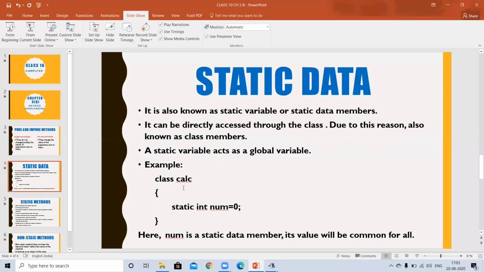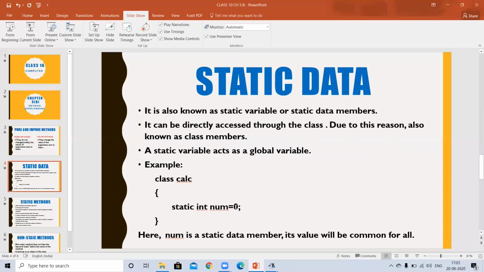For example, class Calc. This is my class Calc. Here I declared one variable num. It is of integer type, but also it is static. So if your data member is static, you have to use the static keyword here.